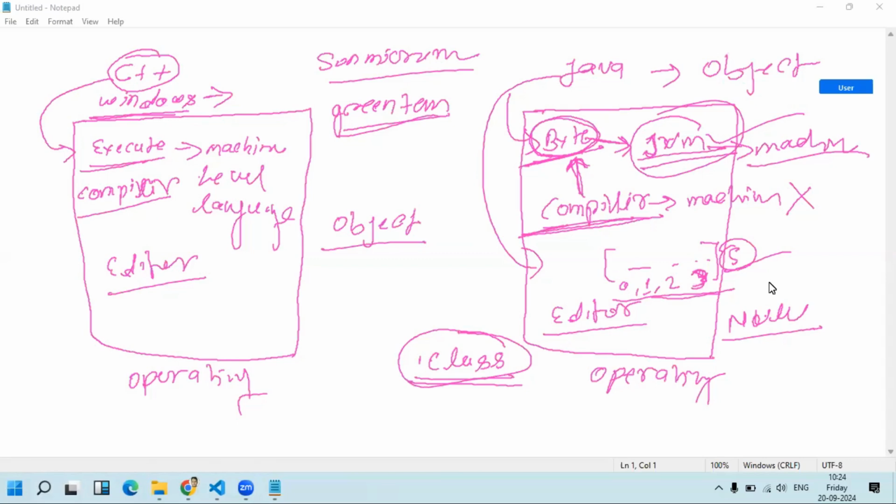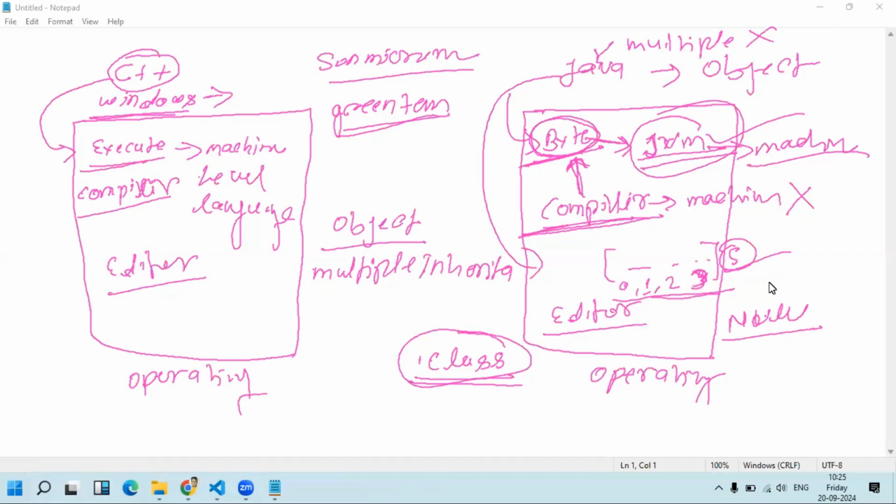Even in C++, we can achieve multiple inheritance, but in Java, we don't have multiple inheritance, right? We cannot achieve multiple inheritance in Java.